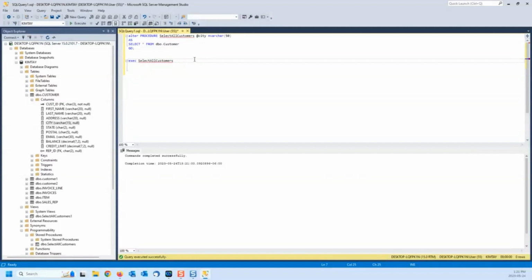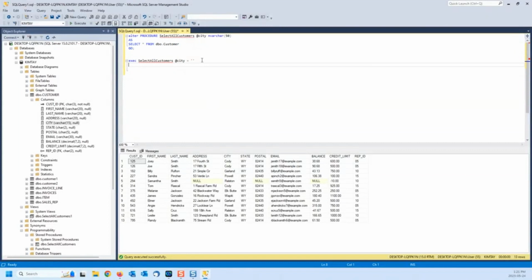As soon as I do that, when I'm executing, I will need to pass that name. City is equal to, I think one of the cities was Cody. So if I run for the city Cody, now the parameter will work